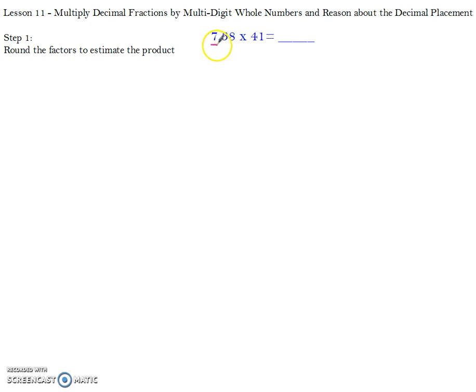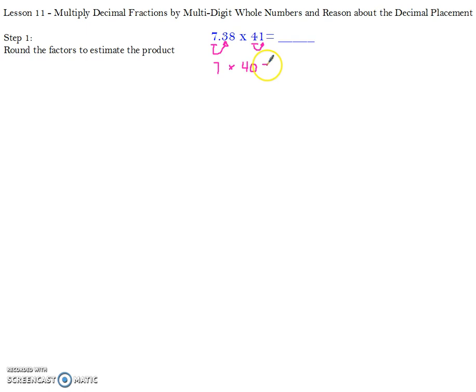For 7.38, I'm rounding to the nearest one, so I'm going to look at that next number over and ask myself, is it 5 or more or less than 5? This is less than 5, so I'm going to round my whole number down to 7. Then for my factor of 41, I'm rounding to the nearest tens, so I'm going to look at the next number over. It is a 1, which is less than 5, so I'm going to round down again to 40,